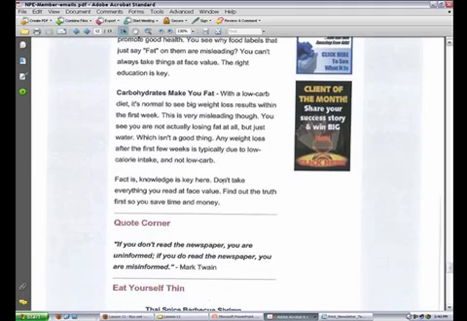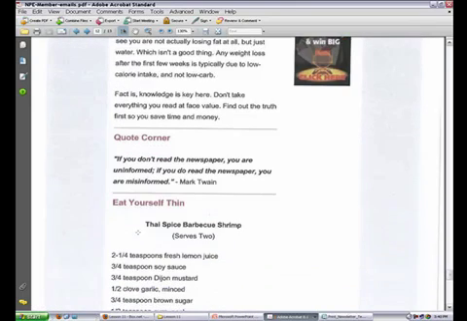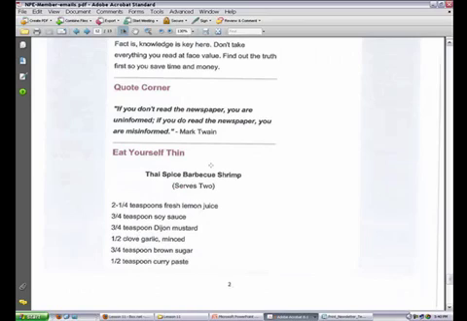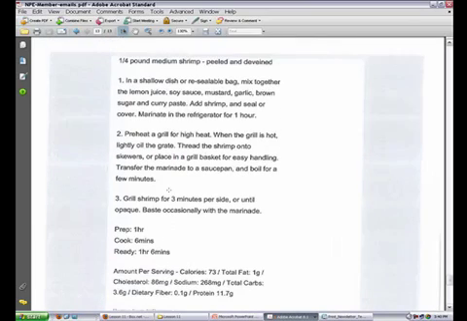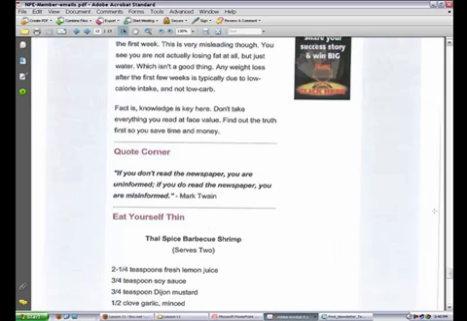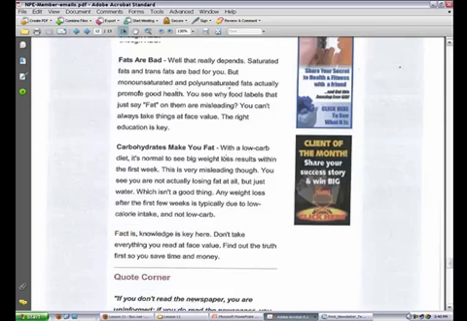And then we have, you can see, a quote corner, just providing some inspiration. A lot of people enjoy quotes, respond to quotes. A recipe, there's always a recipe here for some healthy meal, and sharing tips, and sometimes we have a couple other items in here, but this is another format of an email.